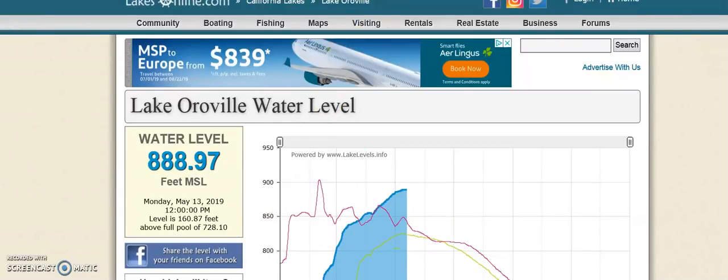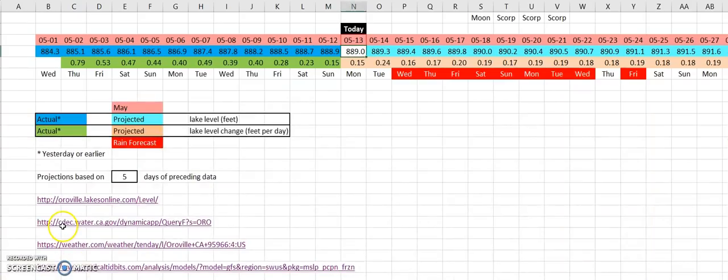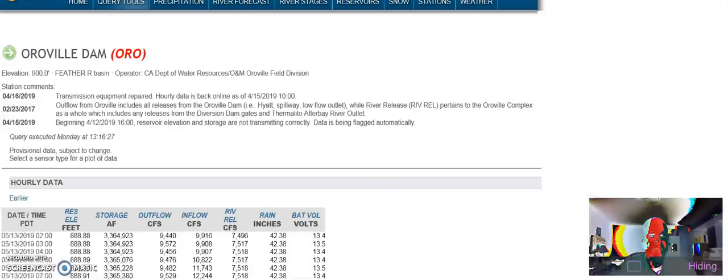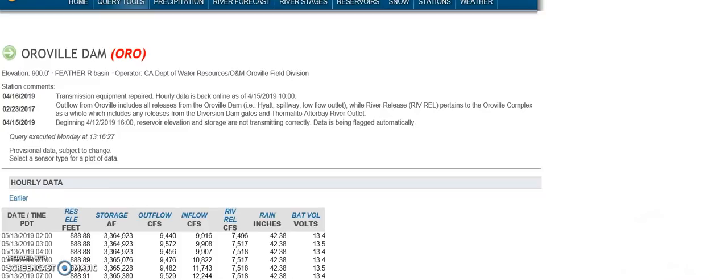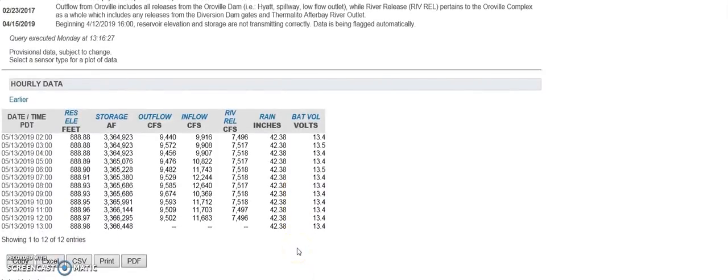The second link back here is a dynamic query on Lake Oroville that updates hourly rather than just daily. So let's go take a look at that. Here's the Oroville Dam daily update, and let me move the screen a little bit to make it easier to see. It shows hourly data,